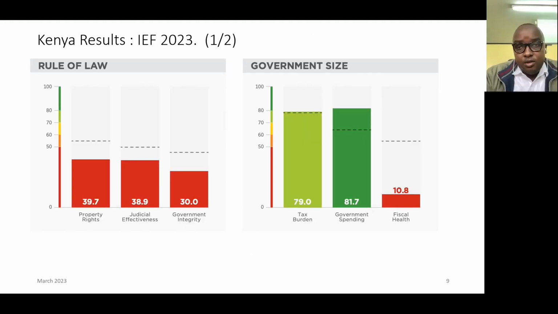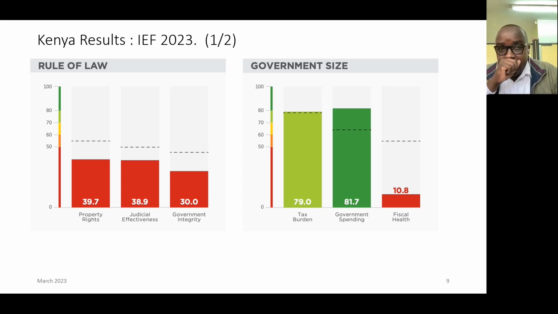And now to just explain the results for the four main pillars of the index, and the first one is the one on rule of law. If you check the color indicated for the first three on the rule of law, which are property rights, judicial effectiveness, and government integrity, all of them are marked in red, and that indicates the aspect of repression. And like Jackie explained, part of the problem with the